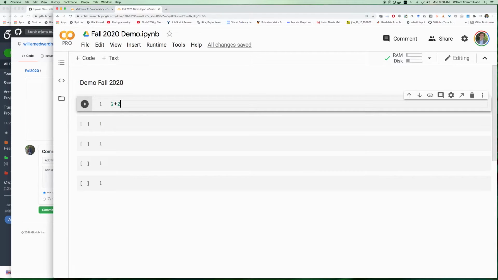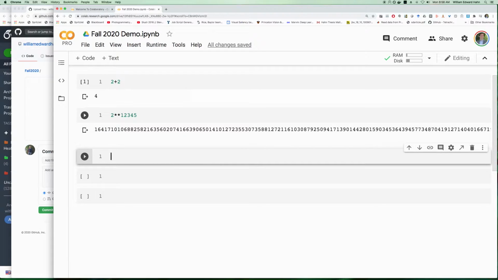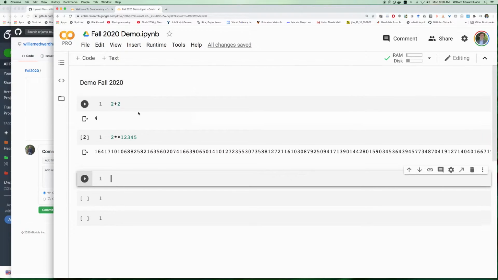Now this is Python, so it's going to start by just being a simple calculator. We can do simple things like that, but then we can do things like if we want to do exponents, we do double star, and so we can do things like maybe that, which is not something that a regular calculator can do. Okay, so now that we have a simple notebook,